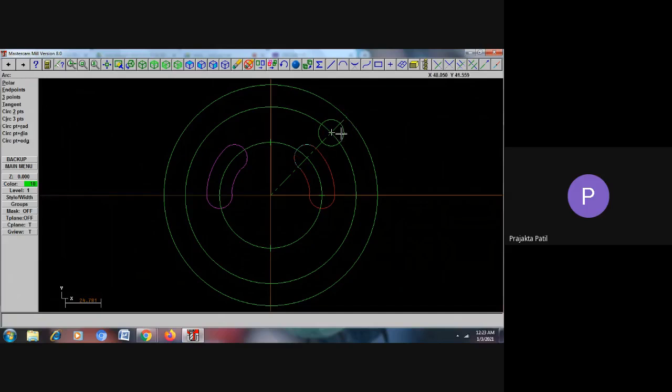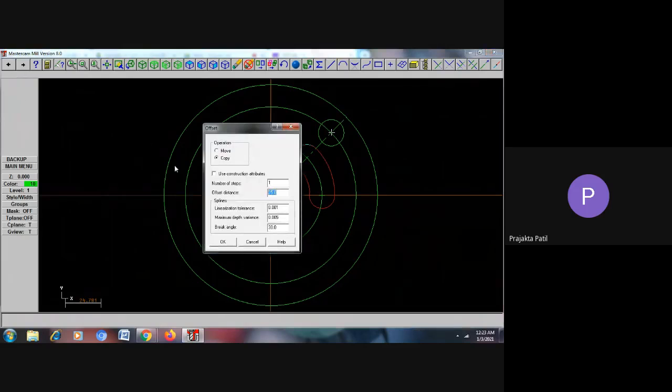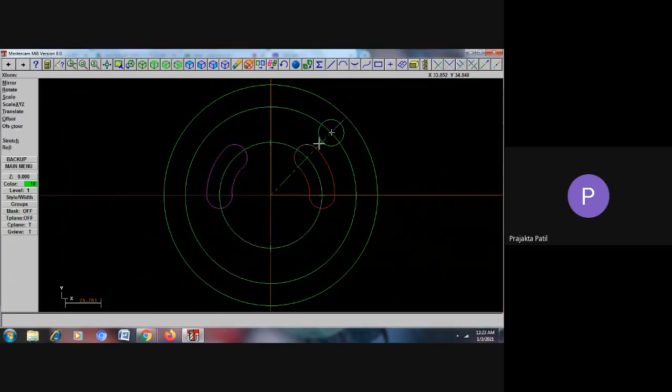So how can I draw the lines? I will go to the main menu and I will go to X form and say offset. Okay, but before I go to offset, I will change the line style, because this is a center line style that I've chosen. I'll choose a solid line, because when I say offset, the same line style will be copied on the other sides.